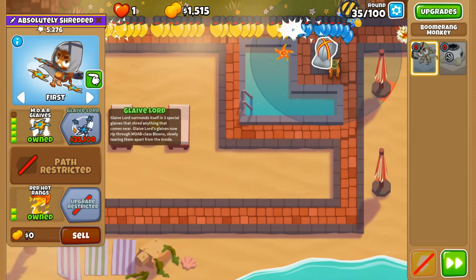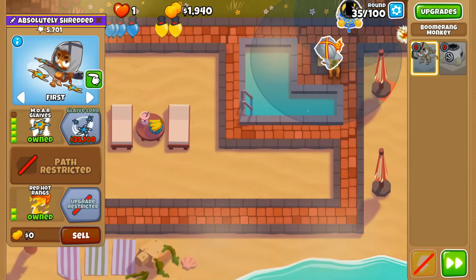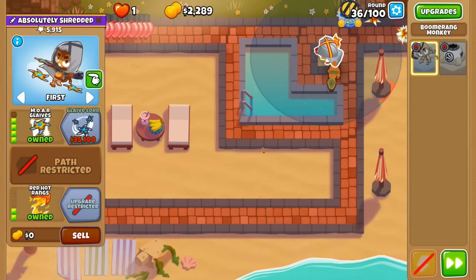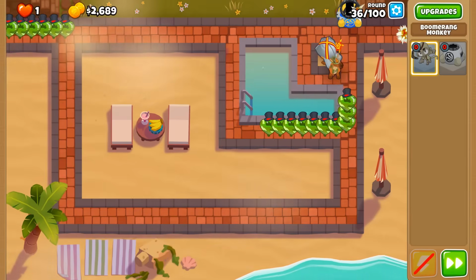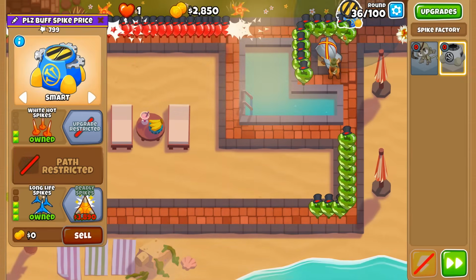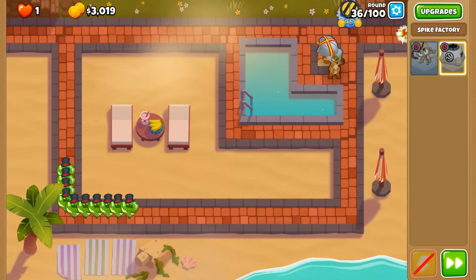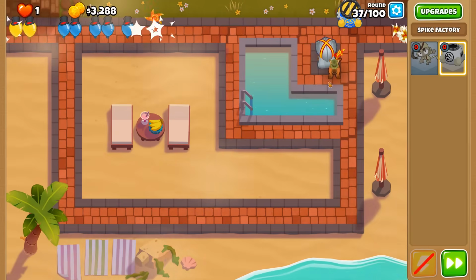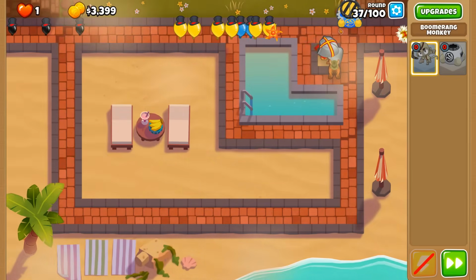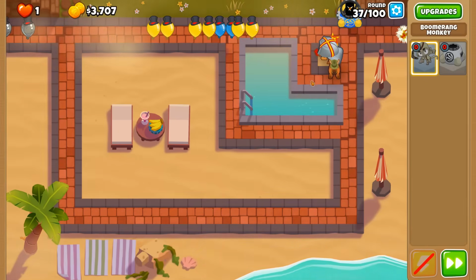Back in the day when the Glaive Lord was below 32,000, or maybe it was 32,400, I don't know now, but I think it was definitely below 32,000 at one point on chimps mode. You would get Glaive Lord first, but because of how the round's structured, by the time you have the money for Perma-Spike, after you have yourself the more Glaives and the Deadly Spikes for their respective cross-pathing,